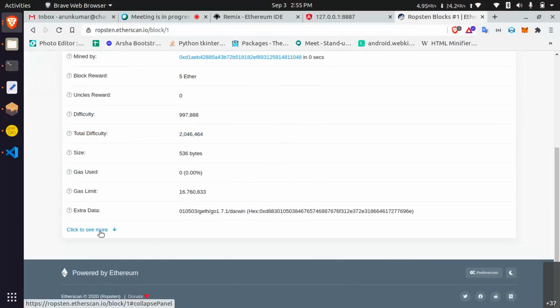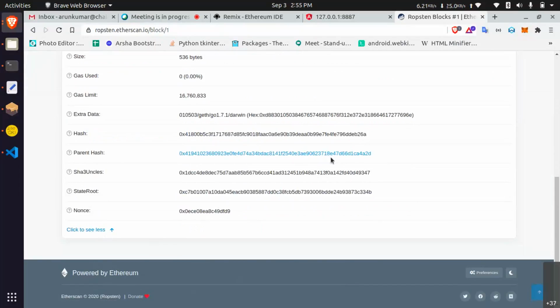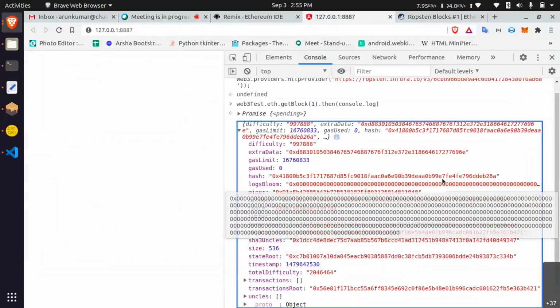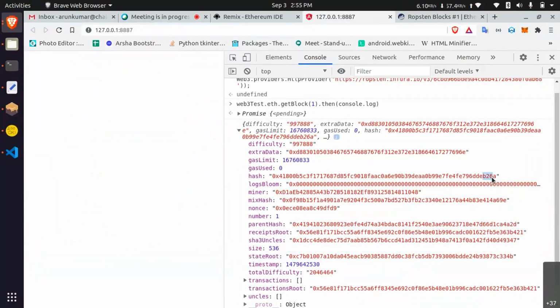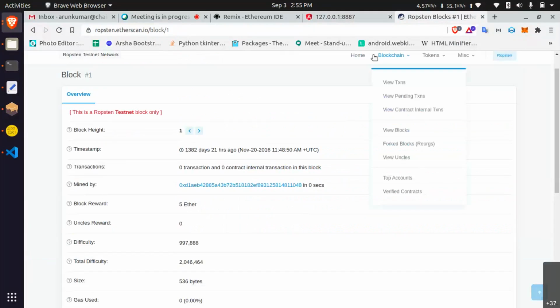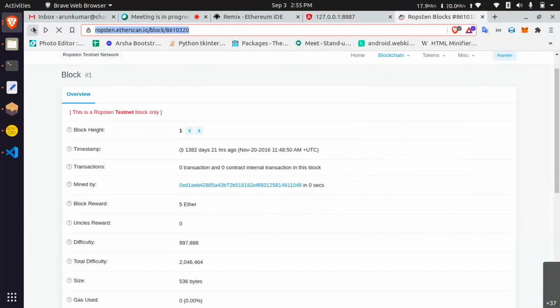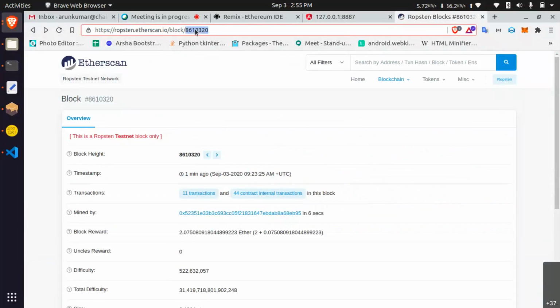The first block hash is like 26A. You can see 26A. And then if you query any other block, like, copy this.